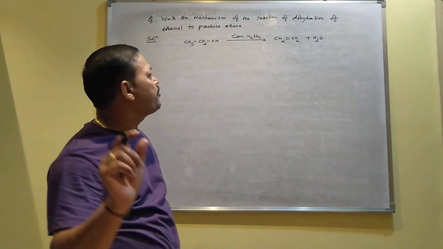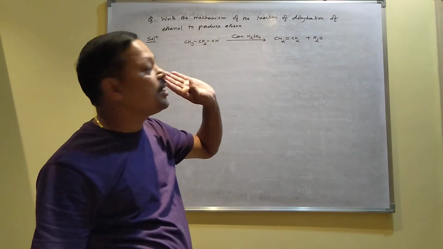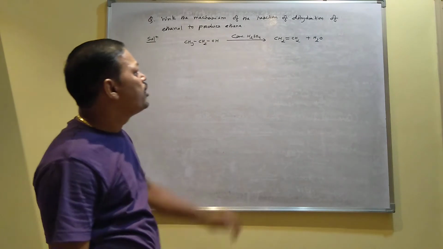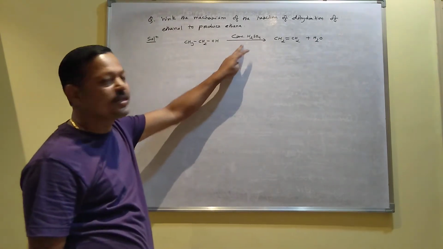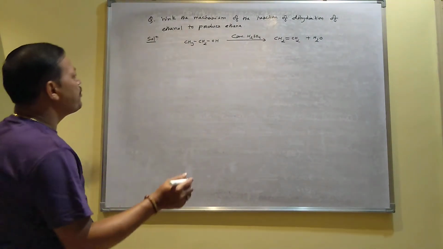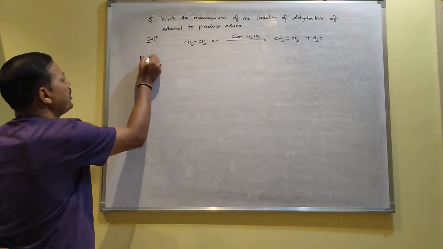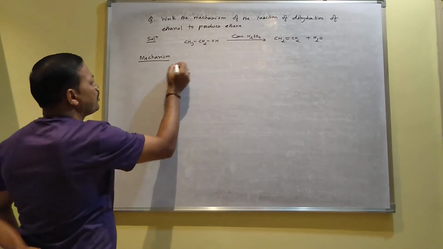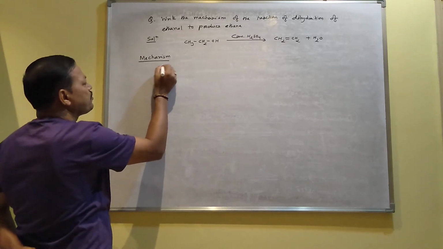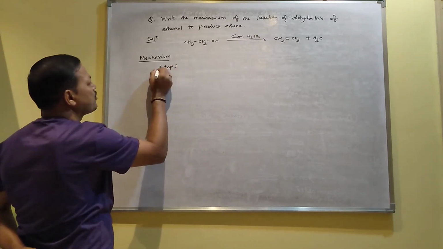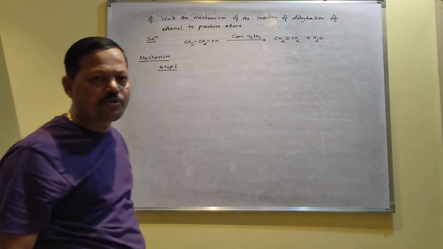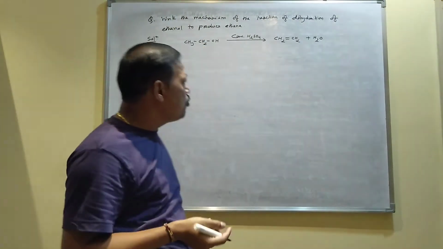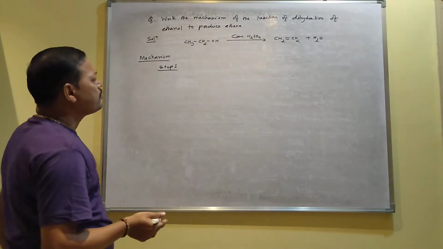Actually without sulfuric acid, water molecule will not be released from the reaction, and that is why sulfuric acid is called a dehydrating agent. So what is the function of sulfuric acid? Now you can see in the mechanism. So actually the reaction takes place this way. So step 1, when you draw the mechanism, always try to write the mechanism step by step, then you will get the full marks for the mechanism.